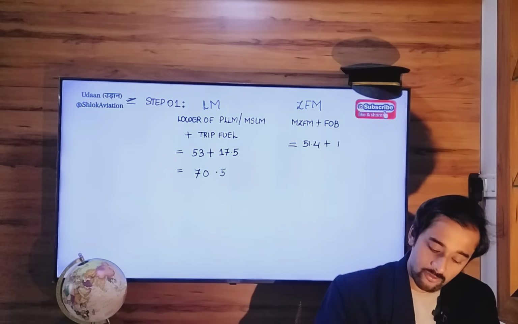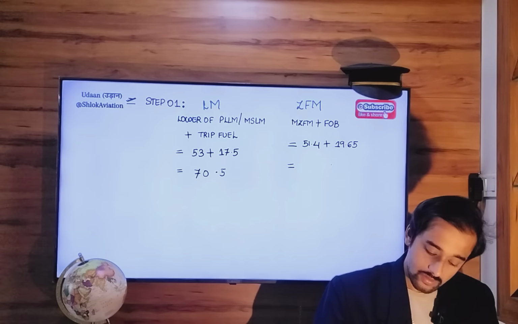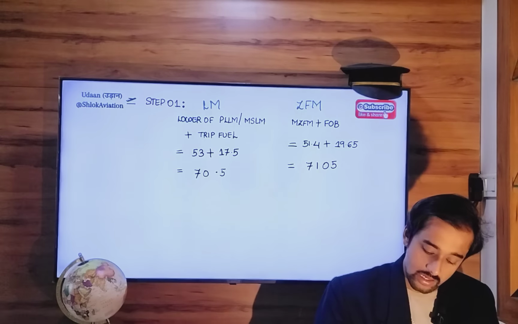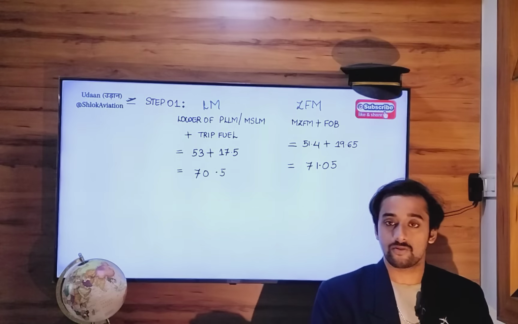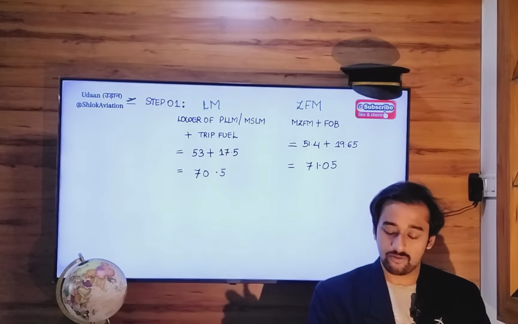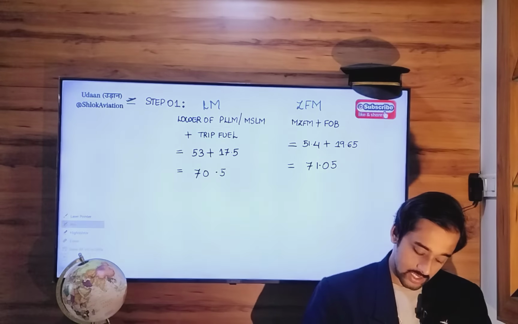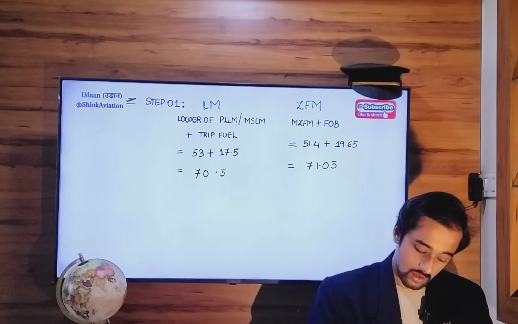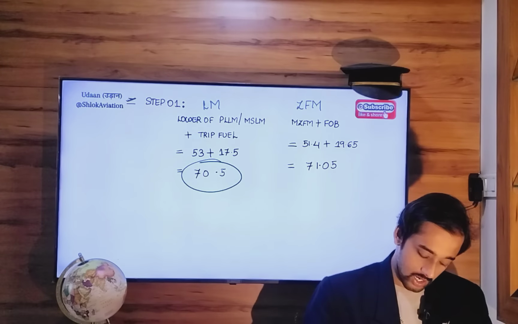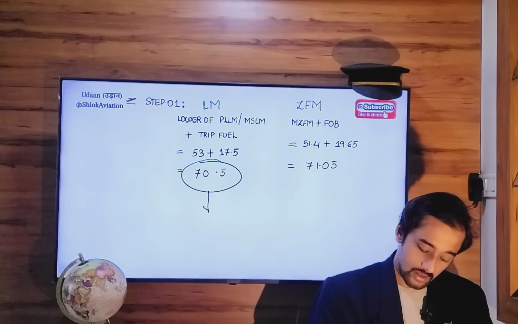So 51.4 plus 19.65 is 71.05. Now between 70.5 and 71.05, 70.5 is the lower value and this becomes our regulated